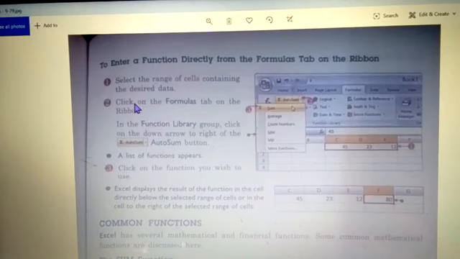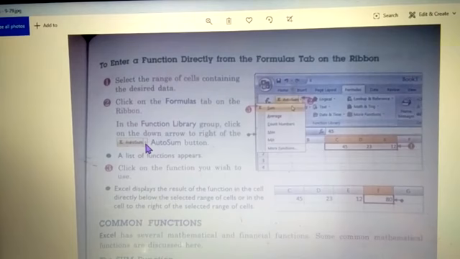Okay, and how do you do that? You need to first select the range of cells containing the desired data. So here you need to select the range of cells first. Then you will go to the formulas tab on the ribbon. And in that formulas tab, children, you will find this function library. In this group, you will select this drop down arrow.